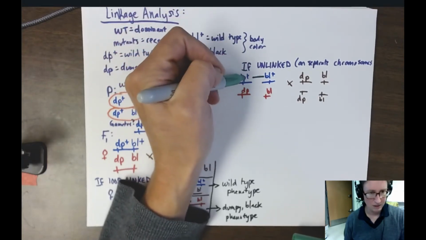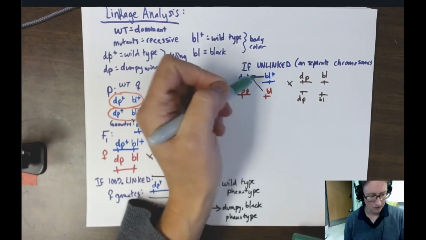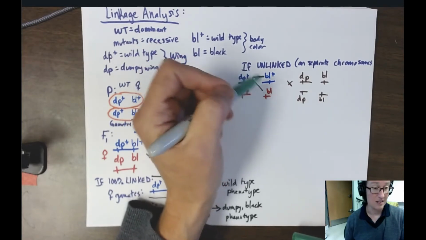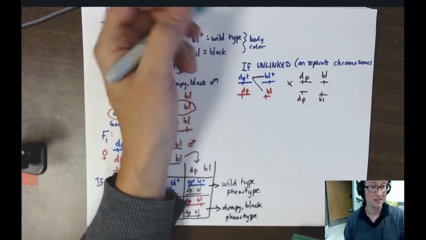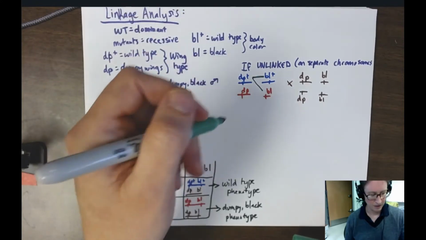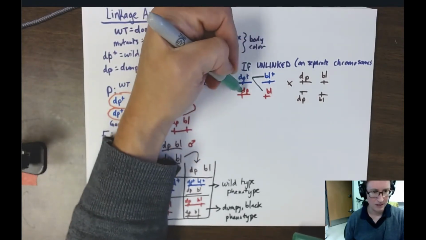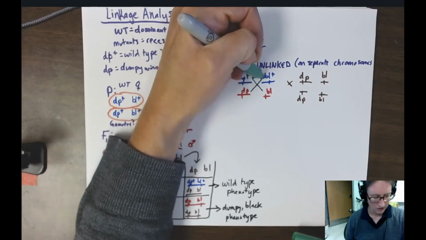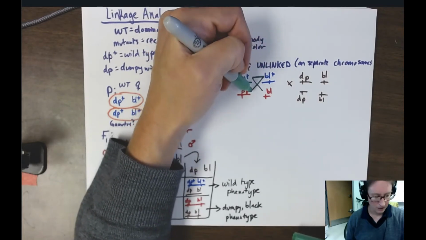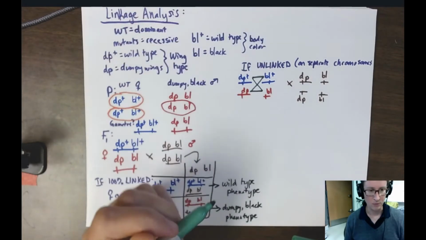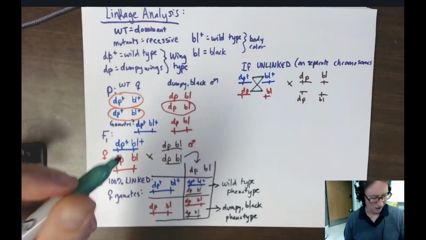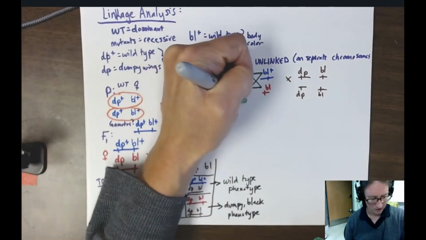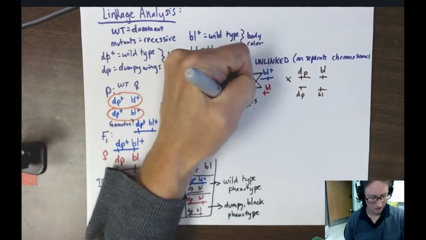It could be that this DP+ allele winds up with a BL allele, right? That's equally possible if those chromosomes just independently assort in the opposite direction. And then same thing for this DP allele. The DP allele could wind up with a BL+ allele, or the DP could wind up with the BL allele. So we have 4 types of gametes,